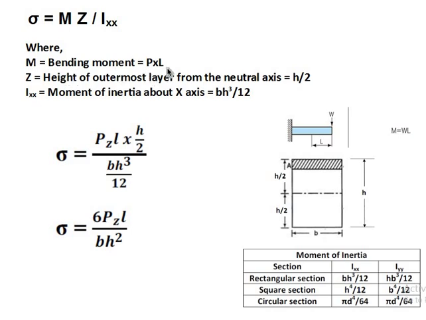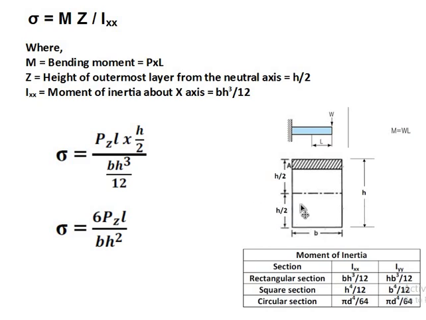I already told that we have to consider the cantilever beam, because when the load is acting on the tool tip, it will be considered as a cantilever beam. So for a cantilever beam carrying a point load at its free end, the bending moment will be W into L. W means load, L is length. So here we have to consider P, that is load, and L. So the bending moment is P into L.